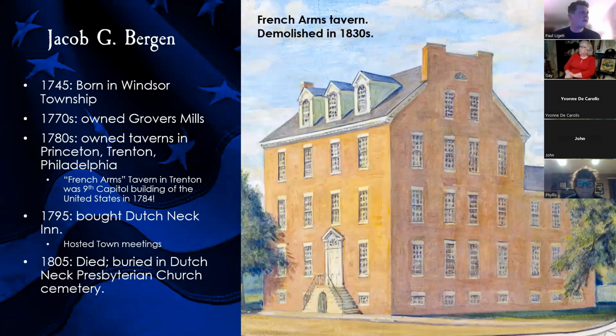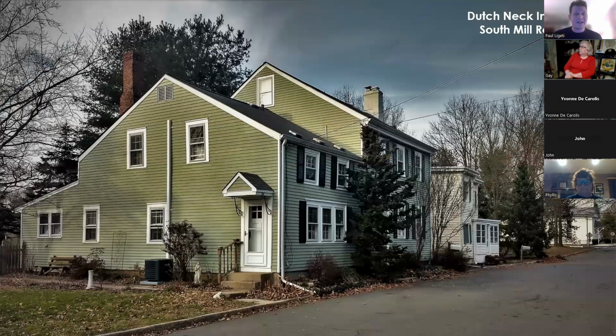So, still exploring Jacob Bergen, in 1795, he returned home to the historic West Windsor village of Dutch Neck, centered around the intersection of South Mill Road and Village Roads East and West. That year, 1795, he purchased an inn at the crossroads. Two years later, on April 8th, 1797, just 2 months after Old Windsor Township split into East Windsor and West Windsor, Jacob Bergen hosted